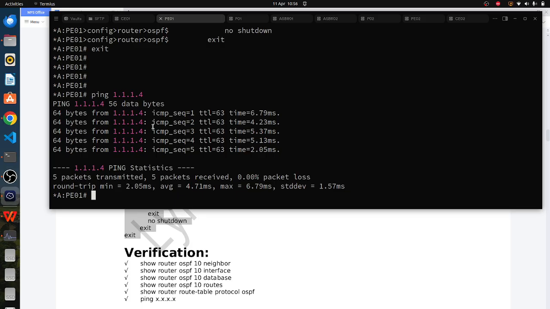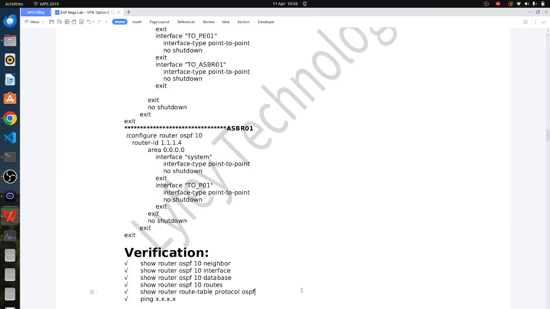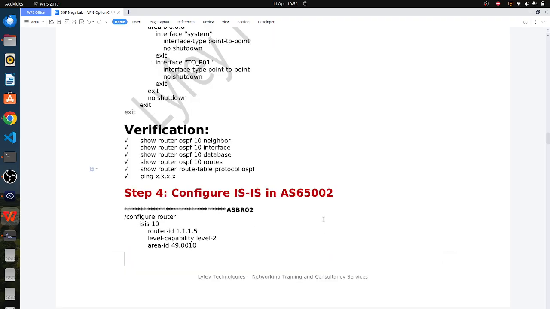We can now go ahead and implement IGP in AS65002. So in this AS, we are using ISIS as our IGP. Remember, OSPF and ISIS, they are both link state protocols, and we can choose to use either in any of the ASs. This is just to also help you understand how to configure, or remind you how to configure, ISIS on Nokia